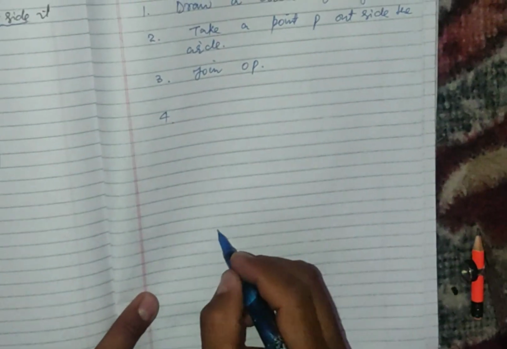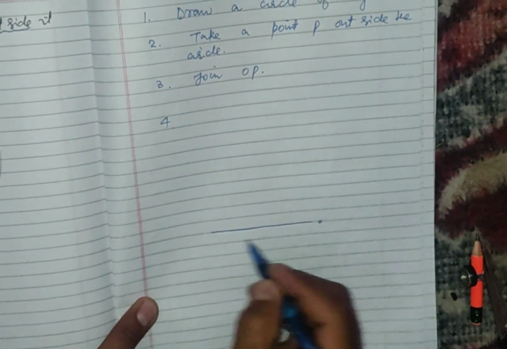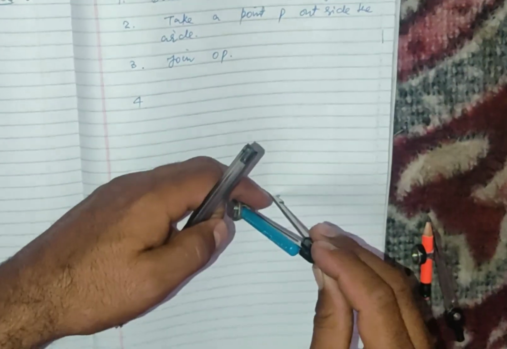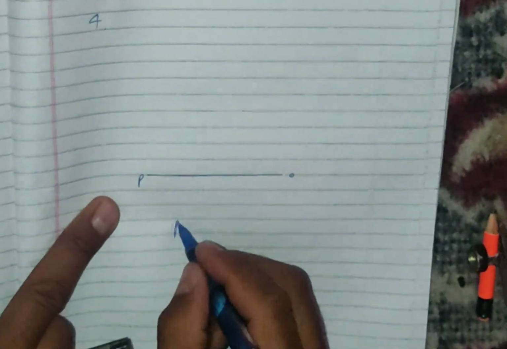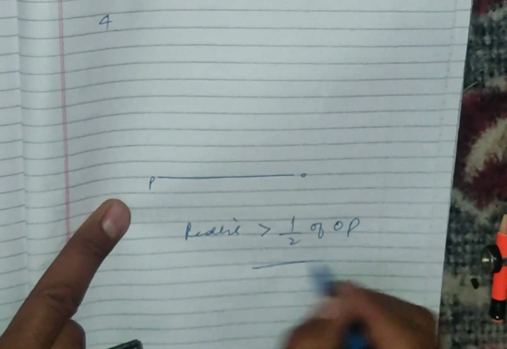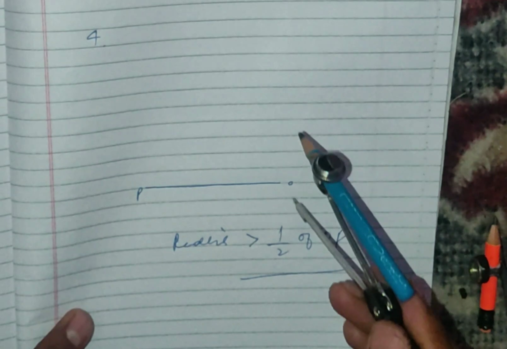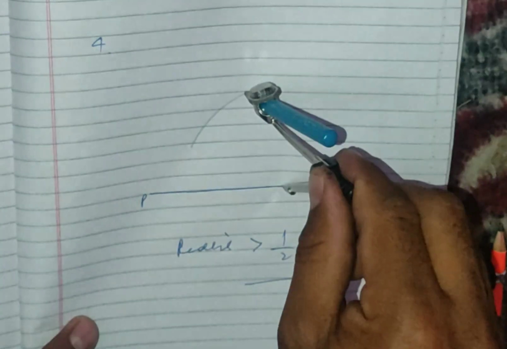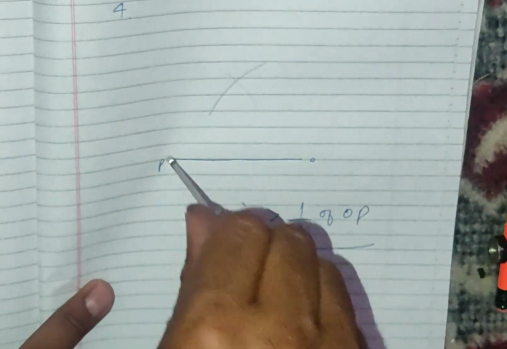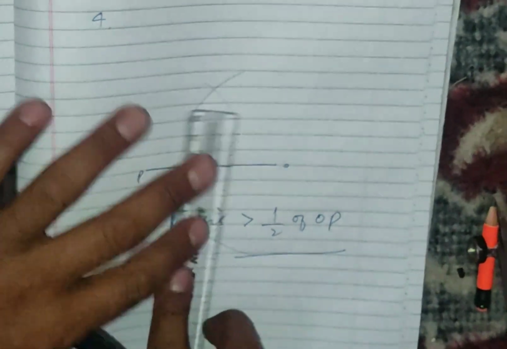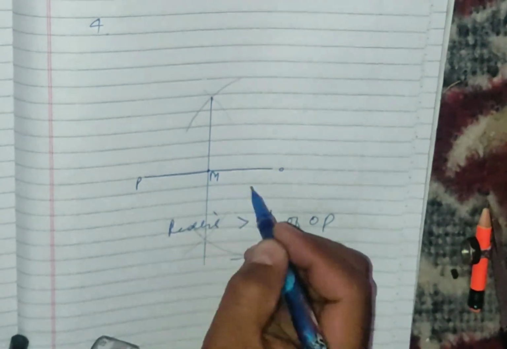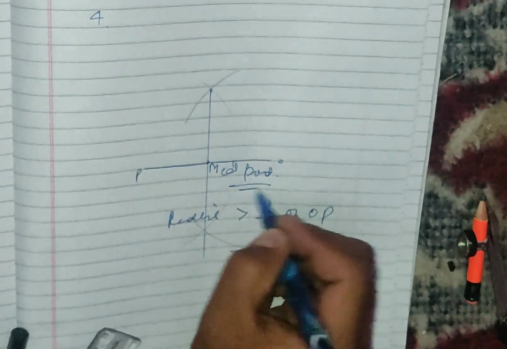First of all, I will show you how to bisect a line. For example, this is a line OP. To bisect this line OP, we have to keep these steps in mind. The radius should be greater than half of OP. So with O as center, draw one arc here and another arc, then with P as center, the same radius as in the previous step, and we'll join this. This is the point M, which shows the midpoint of this line OP.